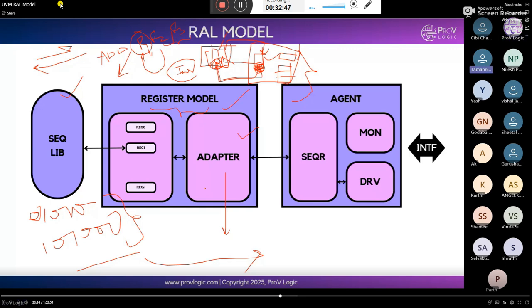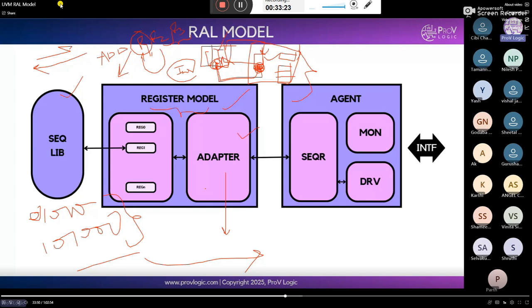Is there a way to avoid giving those offsets manually and just add the previous register's address plus the offset? Previous register address plus offset. You are creating new registers here. No, I'm talking about offset.